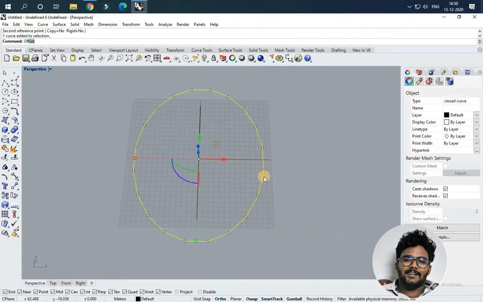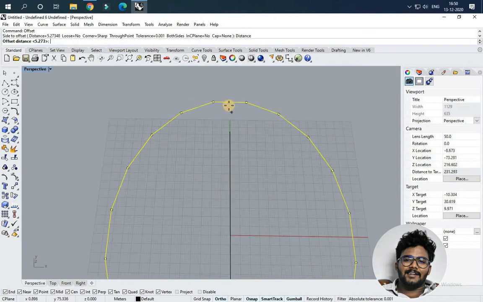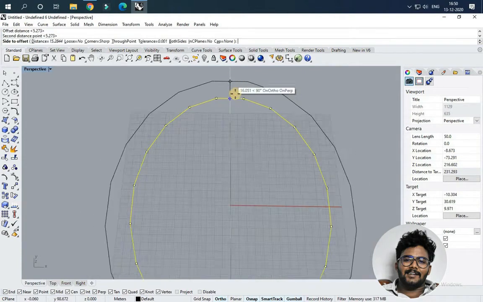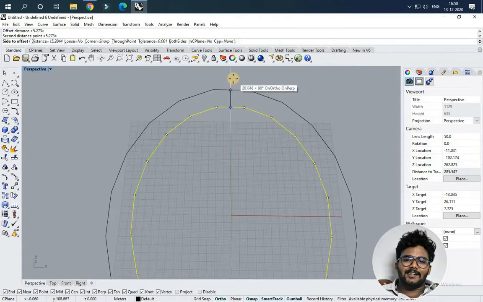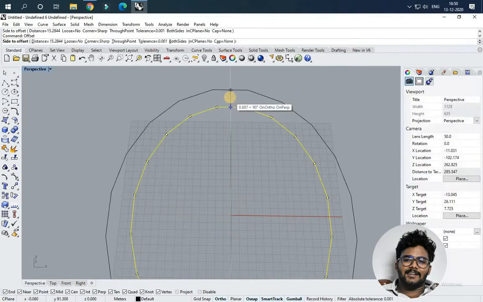Now I'm going to use the offset command. I need an offset value, so I'm changing the distance by pressing the distance option in the offset command, and giving an exact distance. Whatever values I'm giving in this video are just proportional, not perfect values, because I need a proportional model. If you want, you can give an exact value.